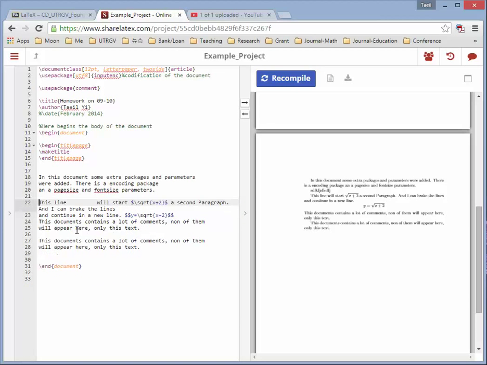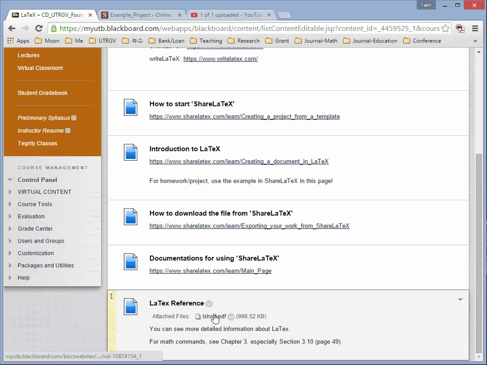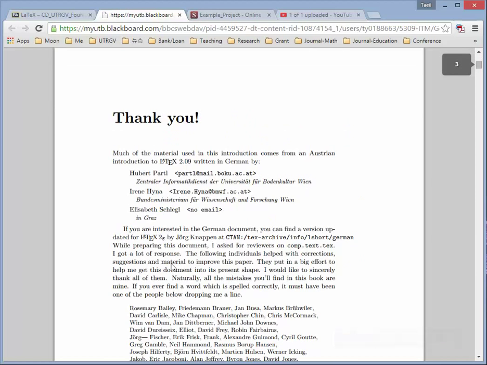Okay, so after that, everything is just math, right? Please check chapter 3, especially section 3.10, in one of the attached files. You can see here, this is a PDF file. This is one of the famous LaTeX reference books, which is free and online. So just download this one and look at chapter 3 and section 3.10. You can find the math commands. Not all of them, but at least you can see some